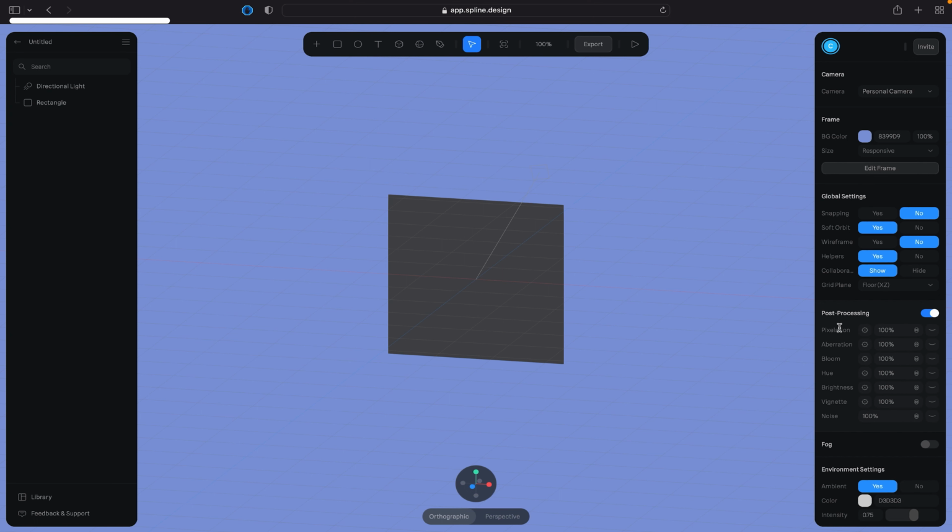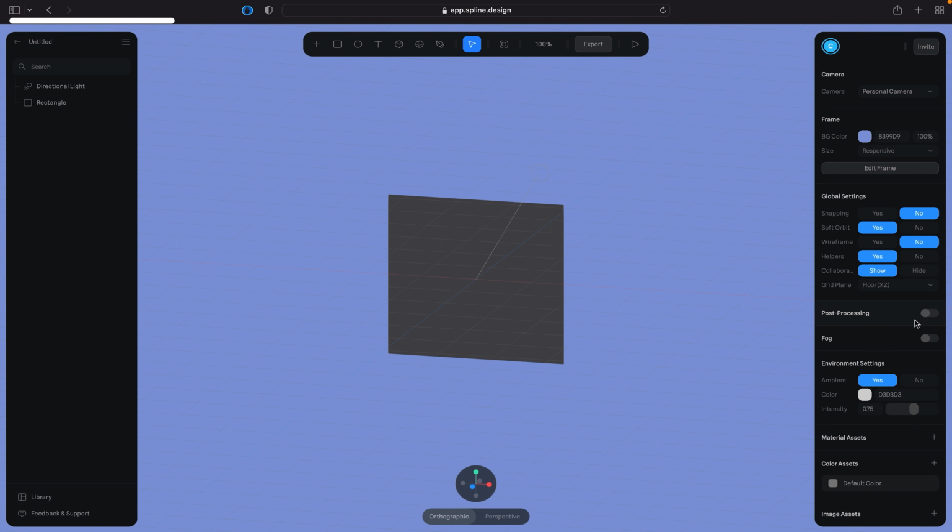Post-processing, so these are effects, so we can actually have our models pixelated, have chromatic aberration, bloom, brightness, vignettes, etc. Again, not going to go over much of that. Same with fog. And one thing I am going to go over though is down here is we actually have a thing called